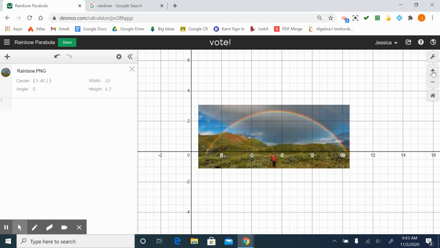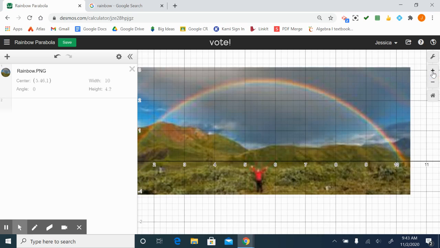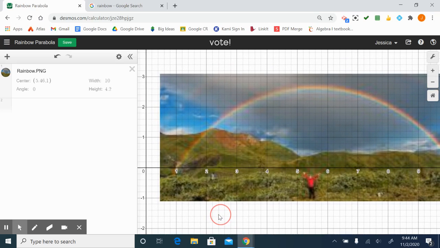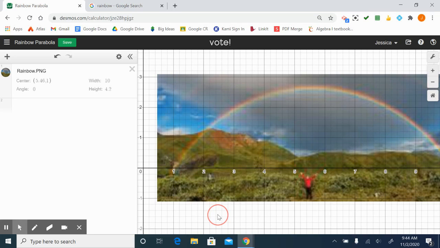So the next thing that we'll do is click this plus sign where it says zoom in, and we'll zoom in on the image a little. From here, I want to be able to see both of my axes. I can only see the x-axis. I cannot see the y-axis on the left. So I'm just going to, again, adjust this graph so that my y-axis is appearing on the left. So we still have some more adjusting to do because I can't see my